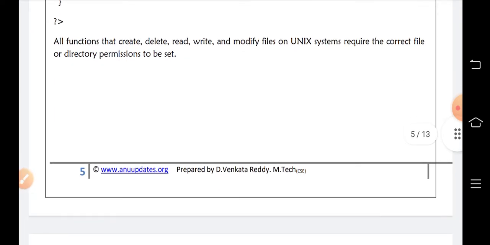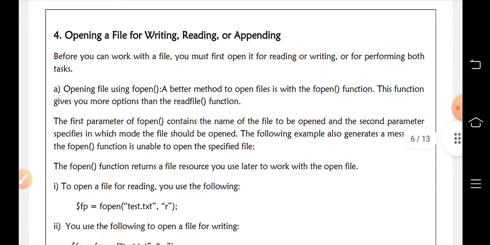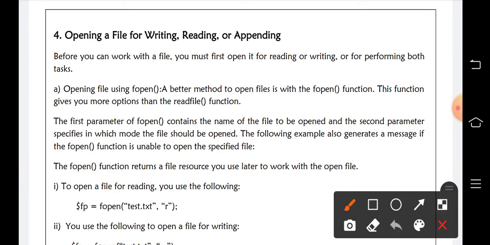All functions that create, delete, read, write and modify files on a Unix system require the correct file or directory permissions to be set. That means we have to get access, or permission, in order to perform all these functions. Then we can open a file. After opening a file, we can write data to a file, we can read the data from a file, or we can append our data to that particular file. This is done by using the